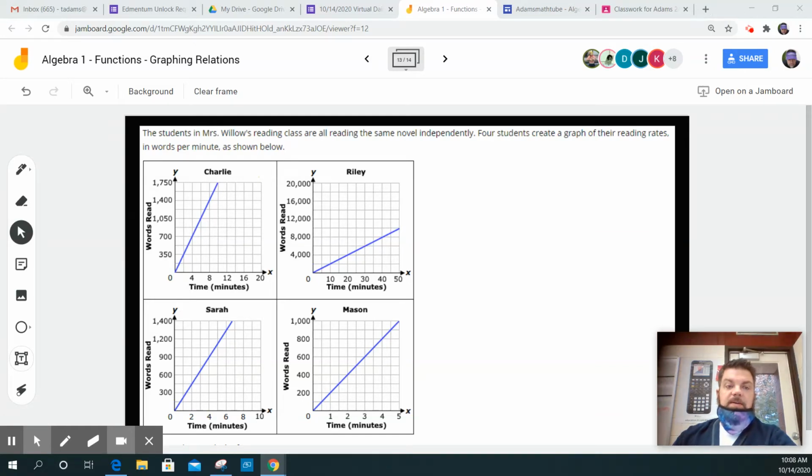So for this example, it says the students in Mrs. Willow's reading class are all reading the same novel independently. Four students create a graph of their reading rates in words per minute. And then the question that I would like to know is,